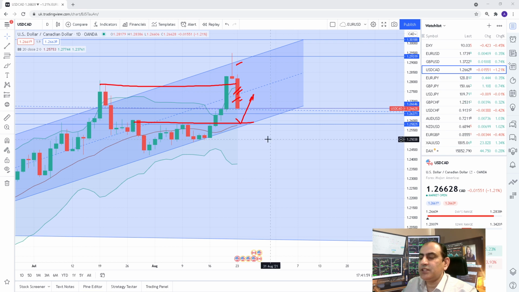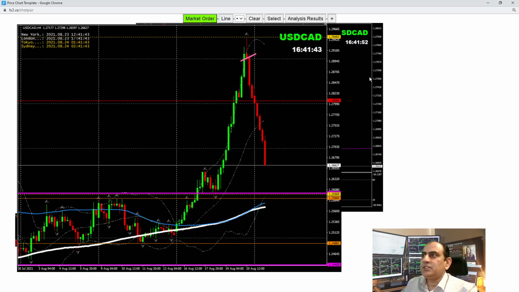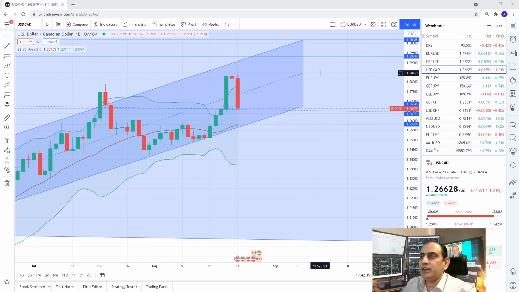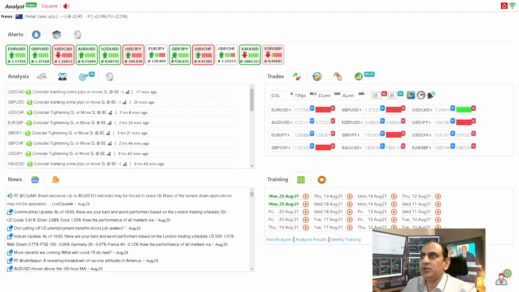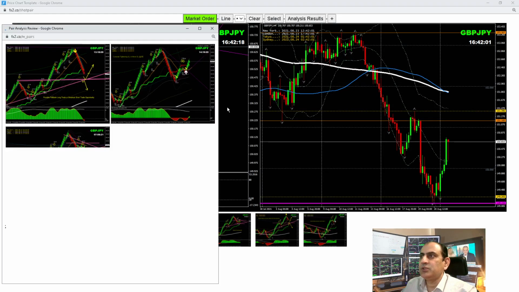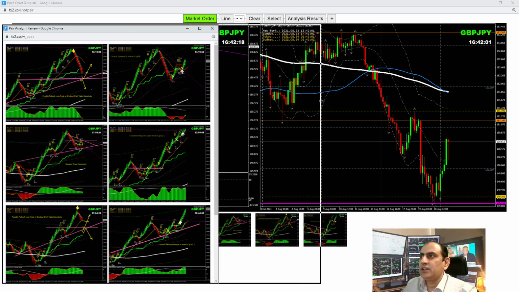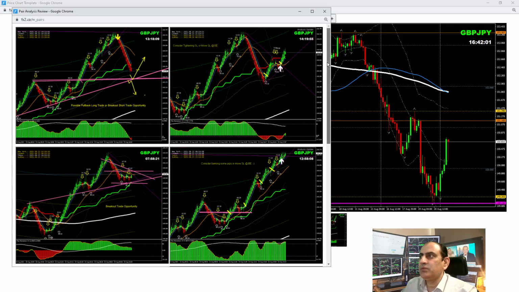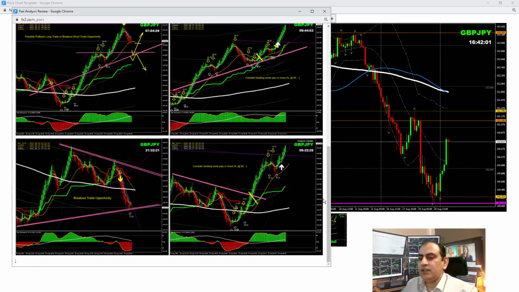So you can see, guys, we had such amazing, beautiful trades on dollar CAD. Okay, guys, so this is the beautiful short trade, and most of the traders banked amazing profit. And let me share with you guys, we had another beautiful long trade here, and you keep taking this one. If I show you here all the analysis, we had a beautiful, you can see here, this is the